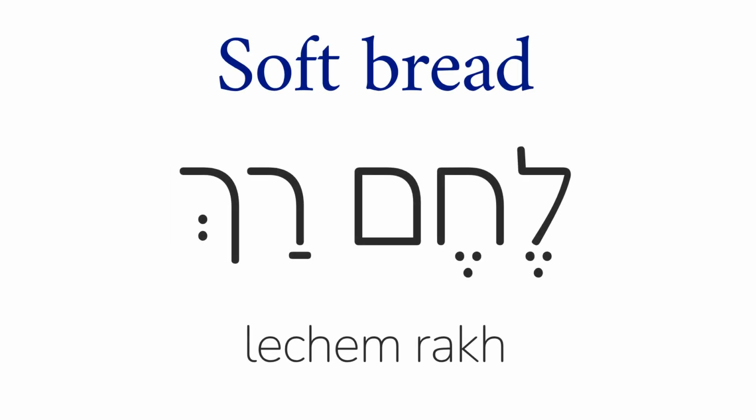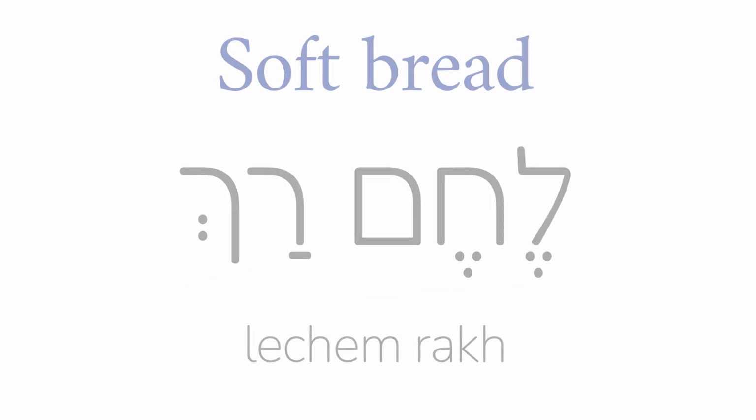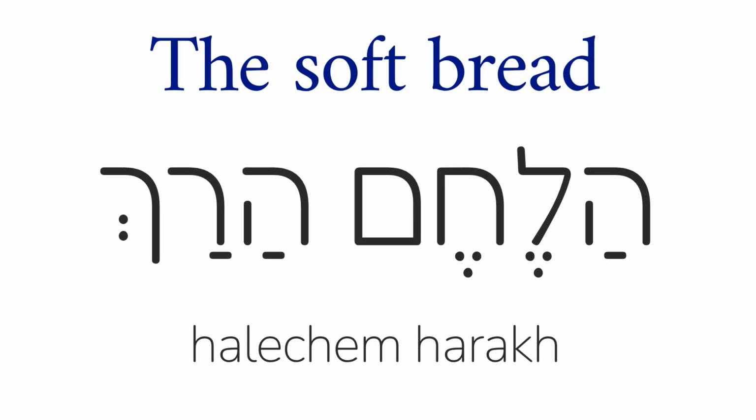The first structure is made in English by putting the adjective first, soft, and then the noun, bread. In Hebrew, it goes the other way around. First we say the noun, lechem, and then we say the adjective, rak. Lechem rak, soft bread. To make the second structure in English, we attach a "the" to the adjective and noun,